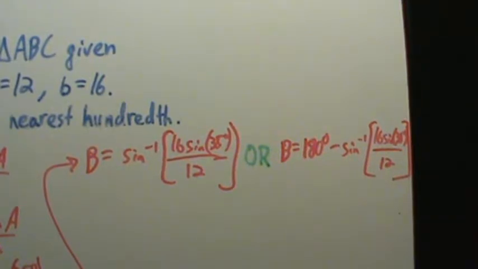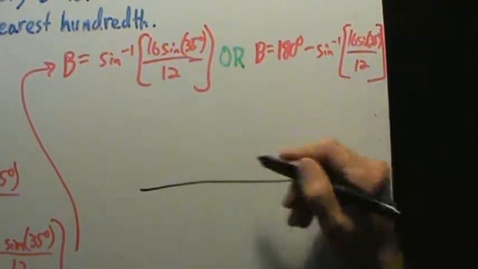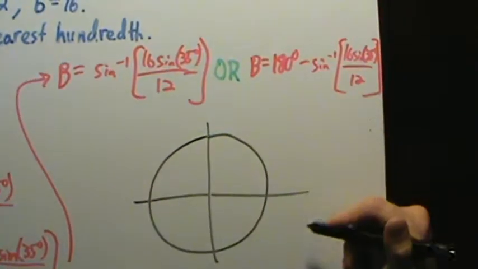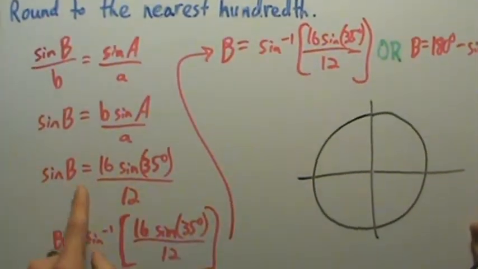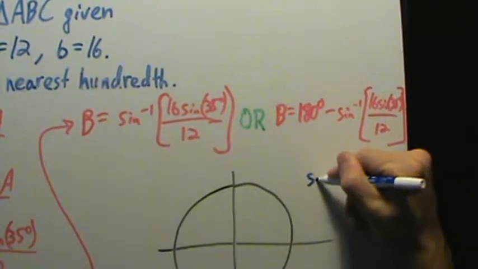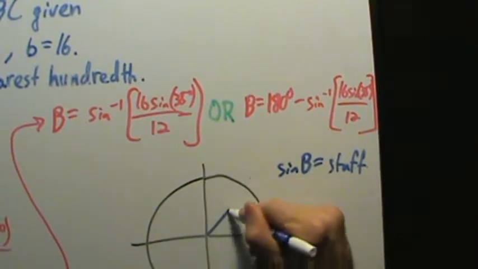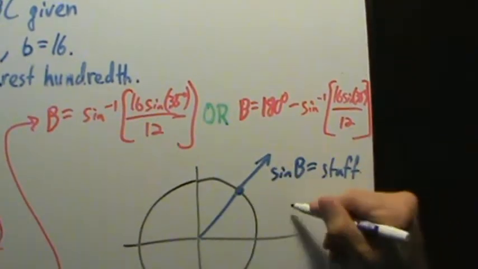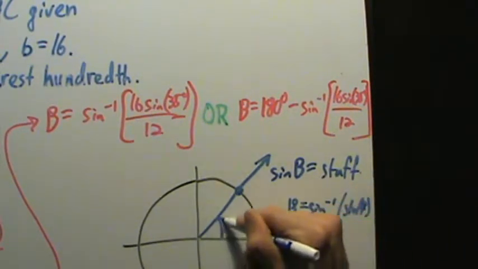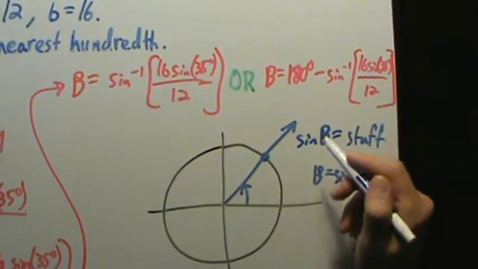Why is that? We explained it briefly in the previous video, and we talked about it in more detail in an earlier video, but we'll talk about it again here in case you missed it, just to be thorough. Okay, so back here we said sine of B equals this big mess here. Now, if we say B equals the inverse sine of stuff, then that's going to give us this angle right here. But remember from symmetry, so this is a unit circle right here,